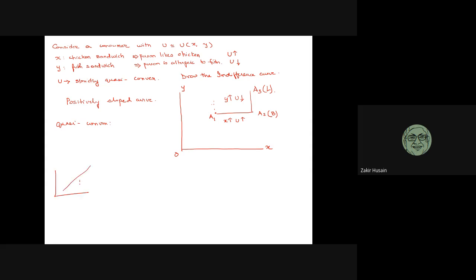But anyway, if we have a positively sloped curve, this is the better set. Where is the worse set? Sir, above. This will be the worse set. So this set has to be strictly, so strictly concave. It has to be strictly convex, or concave, sorry, sir. Sir, better set should be concave, strictly concave.